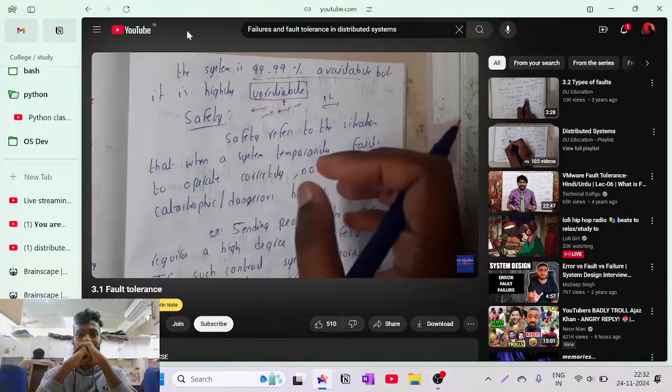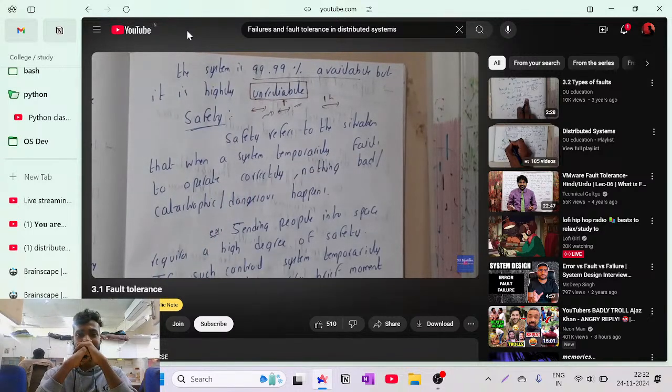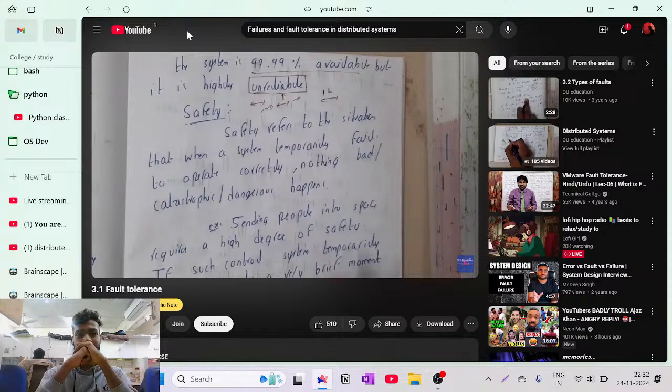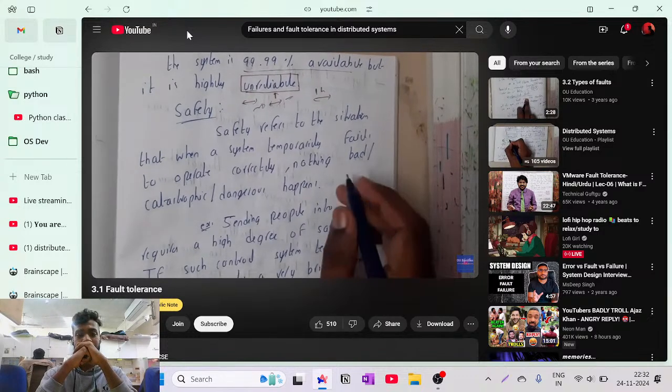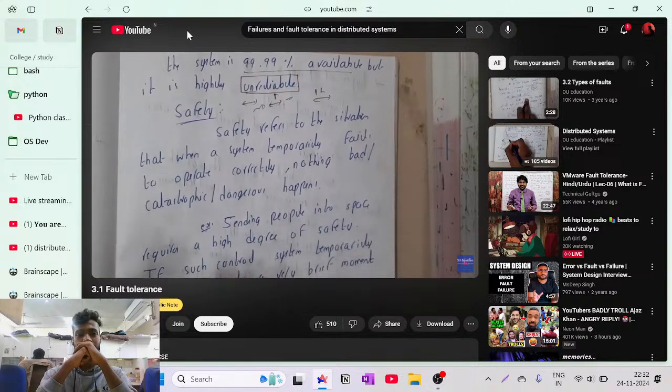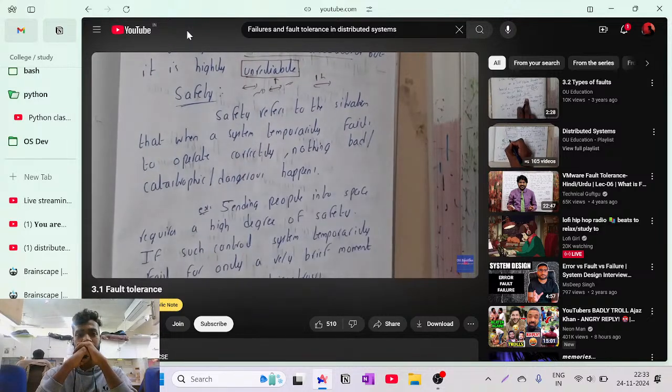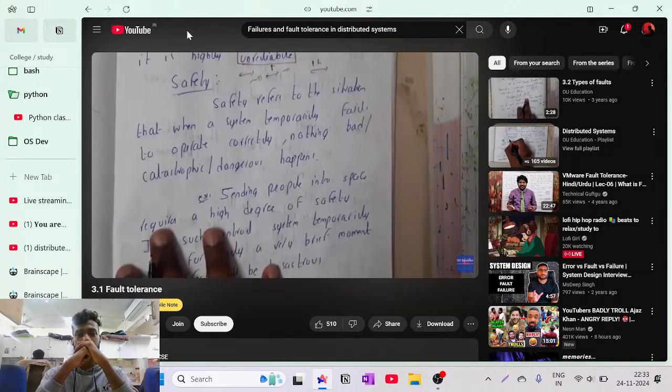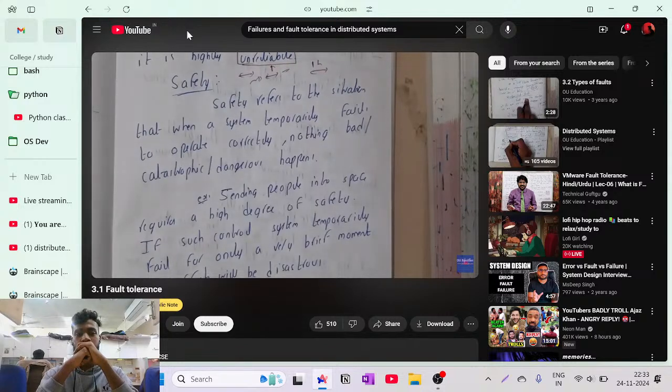So safety is nothing but any kind of issue, guys. Sometimes it will be happening, right? Whenever there is any kind of short circuit in your home, the computer might explode. There could be multiple reasons, like AC vents, even bulbs sometimes. So that is the reason why you need to be safe always. All the systems should be in a safe way and they should be in a normal way.